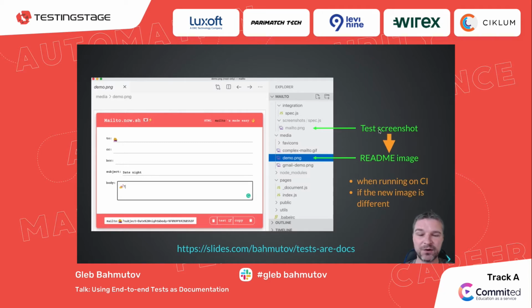But not all the time do we want to do that, or not every time. First of all, we want to copy it on CI only, because running this project locally might create a different resolution screenshot with different fonts. It might be a different OS, but it depends on the local environment. It's not repeatable. And also, we don't want to copy that image every time and commit and push it, because the image might change by a pixel or two. We want to replace the demo screenshot only if it really is different from the previous image.